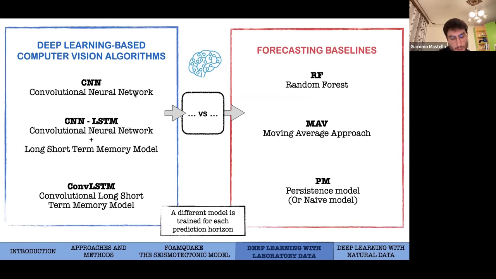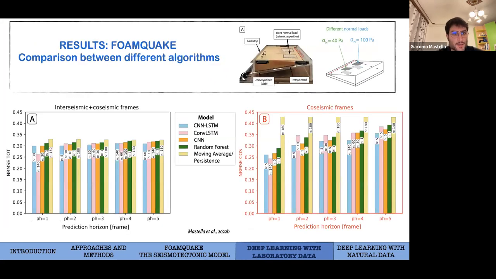And we contrast the predictions obtained with these three different algorithms with respect to the predictions obtained with the three forecasting baselines. And why did we use these forecasting baselines? Because generally when you are working in the context of predictive learning, it's very important to justify the application of the methods that you are proposing. So to legitimize our application of very complicated deep learning algorithms, we decided to contrast their predictions with the predictions obtained with the three baselines. So let's go to some results.